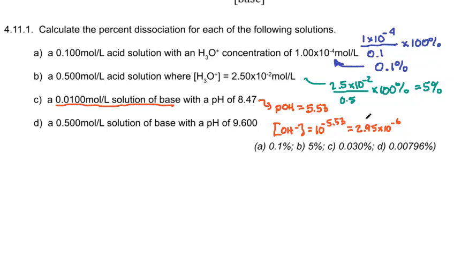Now that we have this, we can make a fraction out of it. I have 2.95 times 10 to the negative 6 hydroxides out of 0.01 potential hydroxides, and multiply that by 100% to get a percentage, and from that I get 0.0295%